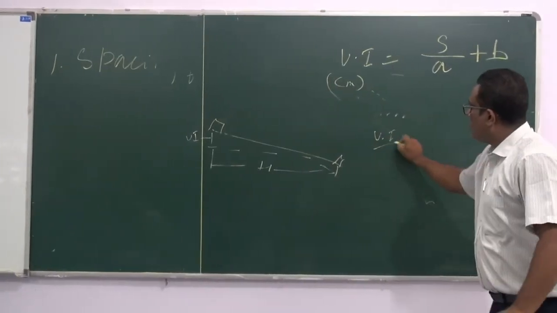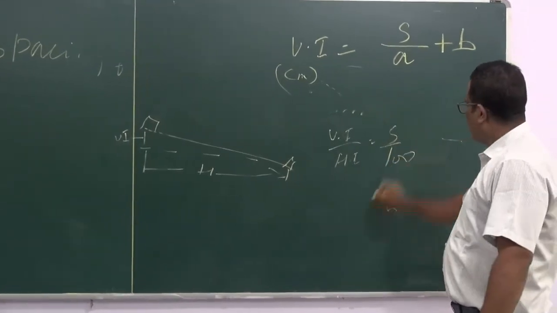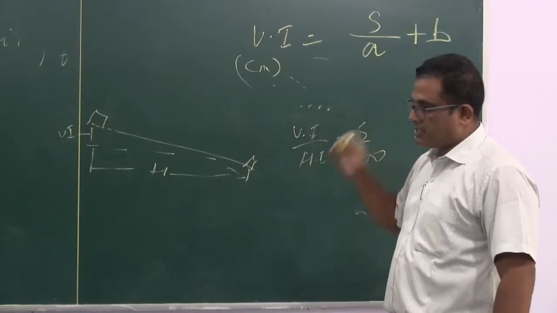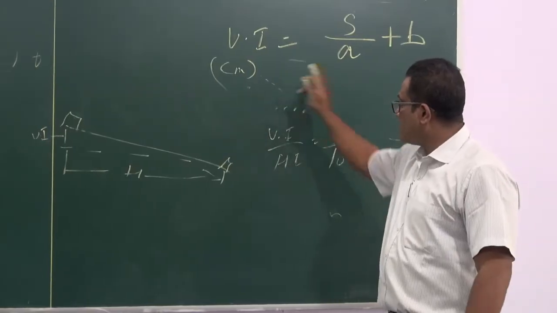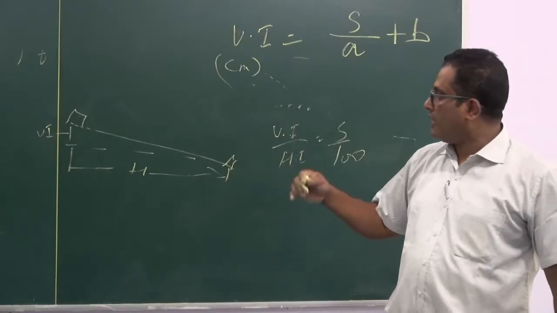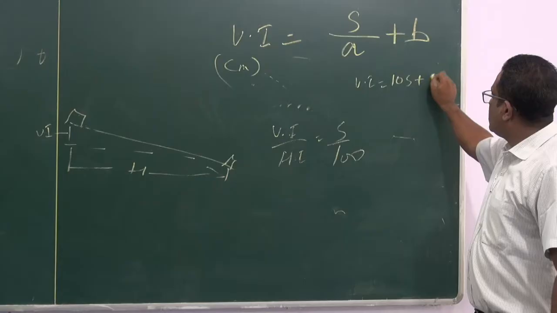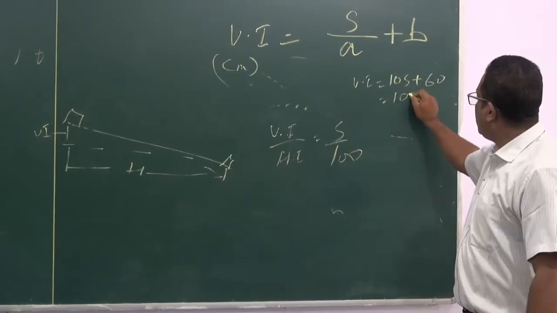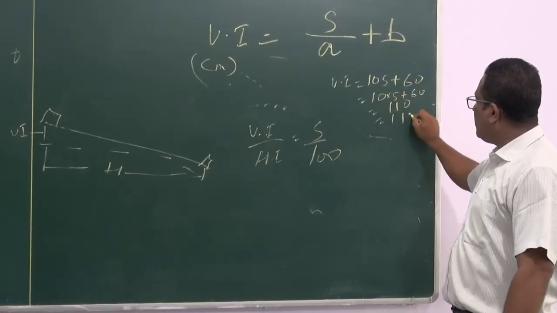Vertical interval by horizontal interval, expressed in percent. Say suppose in a high rainfall area we have to find the distance between two bunds. Then the vertical interval is 10S plus 60. Suppose the area has a slope of 5%, 10 into 5 plus 60, that is 110,